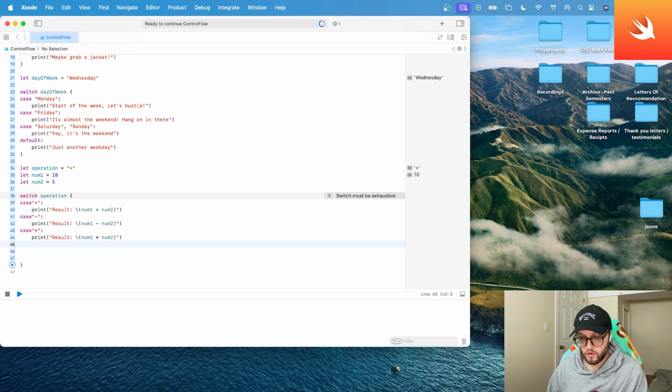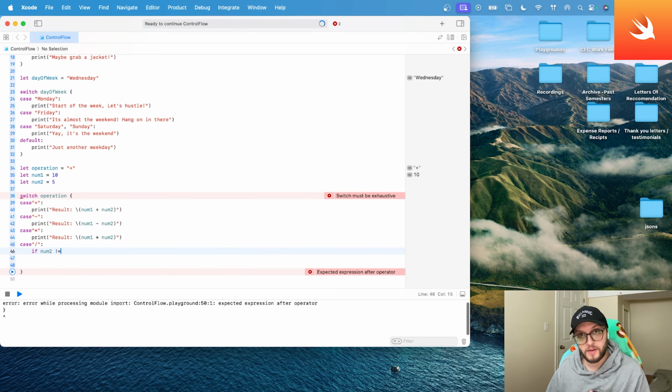And we'll do one more case, and this will be a special one. So we'll say case, and we'll do division this time. So the slash, and instead of immediately printing our results, because this is a calculator, we'll create an if-else statement to check if the user is dividing by 0. So we'll say if num2, we can actually use a does not equal, so we can use the exclamation point to basically say nope, so we can check for the opposite. So we can say if num2 exclamation point equals 0, so if num2 does not equal 0,